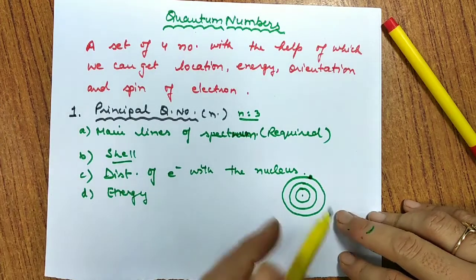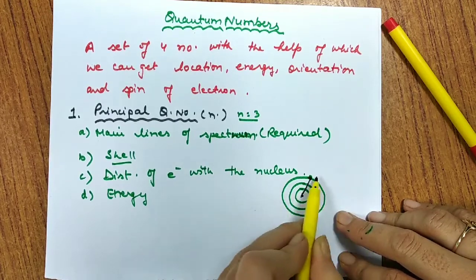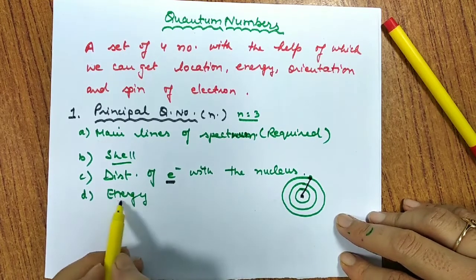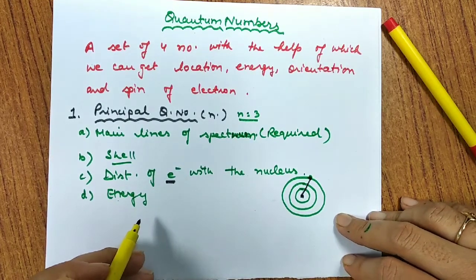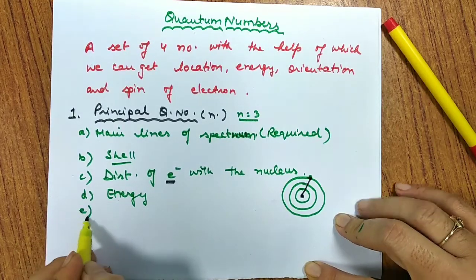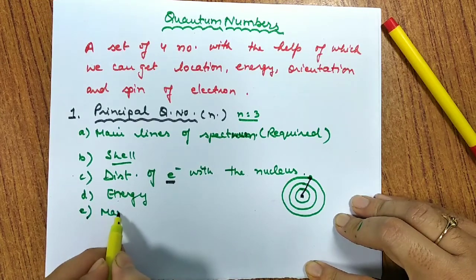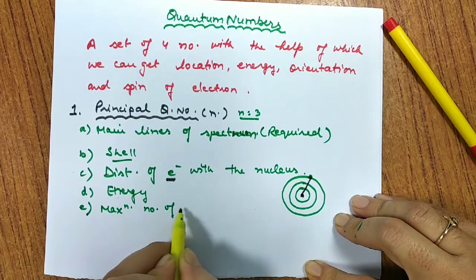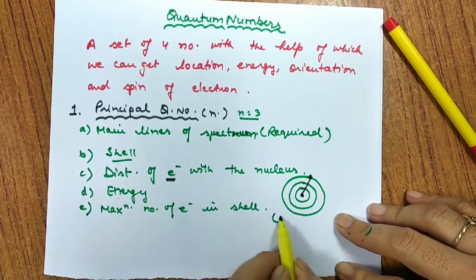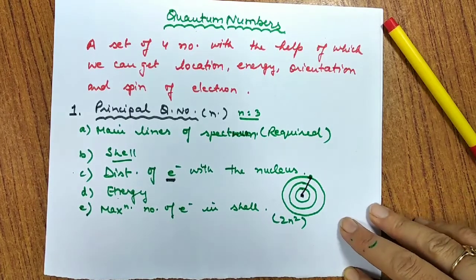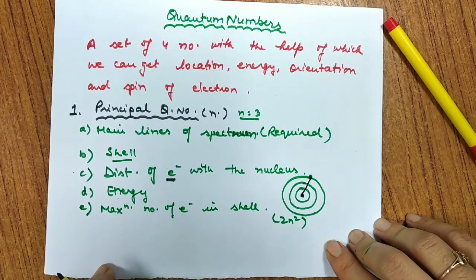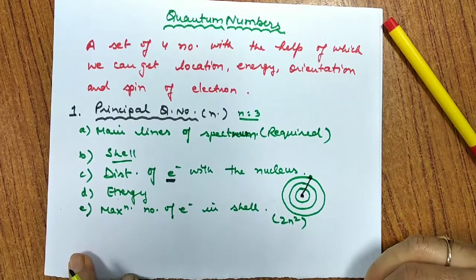Second thing is, we come to know the distance of the electron in the outermost shell, that means the valence shell, from the nucleus. Third thing, we come to know the energy using the formula given by Bohr. So the energy of the shell can also be calculated. And the most important thing is, we come to know the maximum number of electrons in that shell. Suppose it is the third shell, so using 2n square, 2 into 3 square, we come to know how many electrons we can accommodate at the maximum. So this is how it tells us about these 4 things.